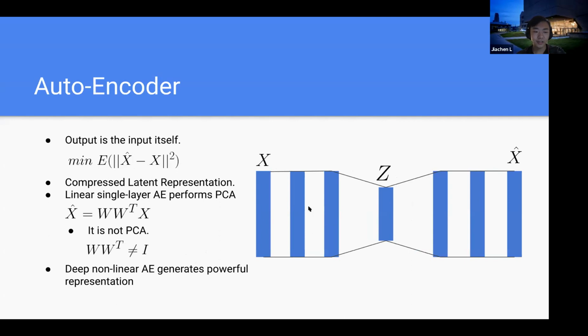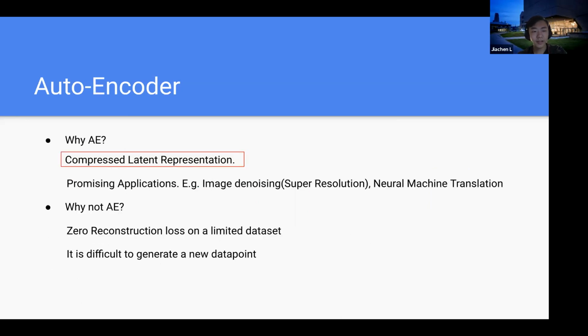And if we make the autoencoder deeper and add some nonlinear activations, some powerful representations can be learned. So why use an autoencoder? Because it learns a compressed latent vector, which keeps the most important information of the input data. For some applications like image denoising,